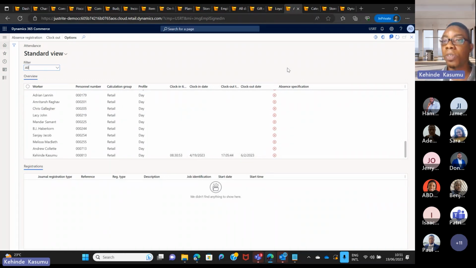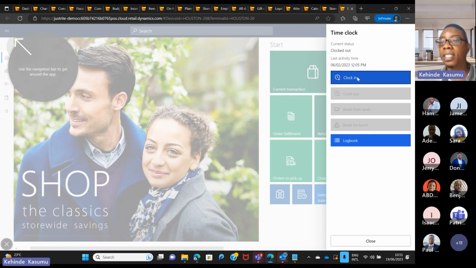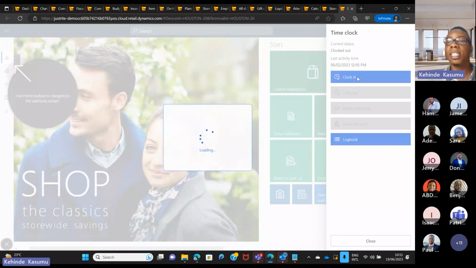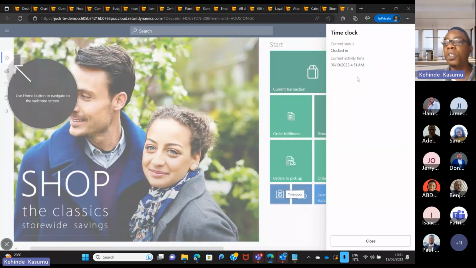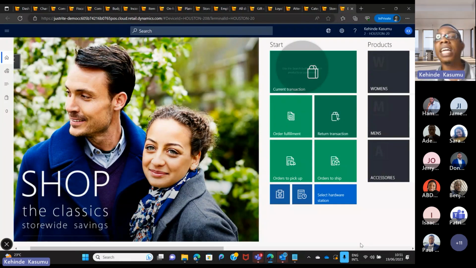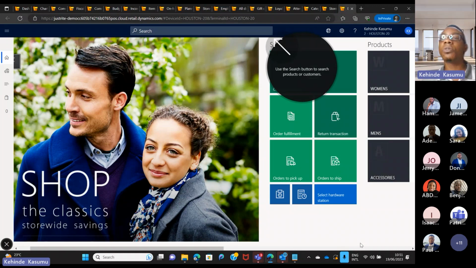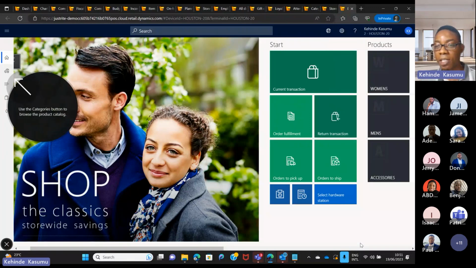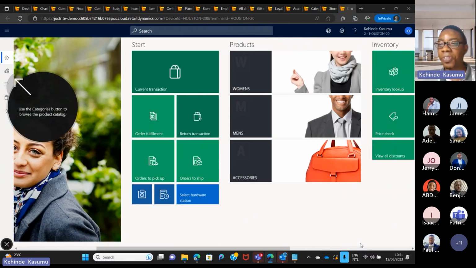This was the last time I clocked in, but if I clock in here, it would update the clocking time, and you will see that at the back office. So this can be used to generate attendance reports at the end of the day. You can approve, and if the workers forget to clock out, you can automatically clock out the worker from the back office as well, depending on what you want to do as per your business process. All right, let's move on.